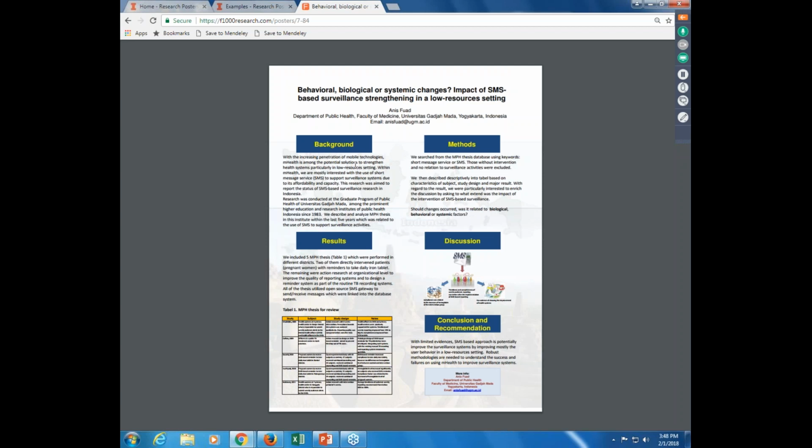Here, it's pretty clear that you go background, methods, results, discussion, conclusion. People generally read left to right or down like newspaper style. If you violate either of those standard ways people read things, people might have a tendency to read in the wrong order, and I've seen posters that do that, which is why I mention it. So that's one thing this poster does well.